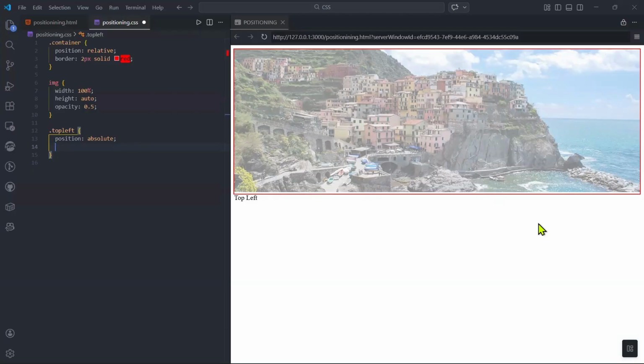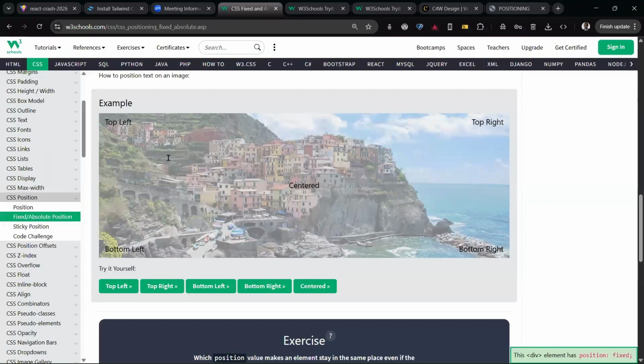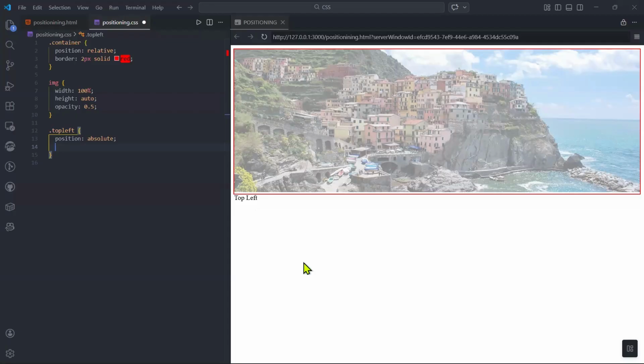Bottom? It's already at the bottom. So if you see bottom, where, bottom here, bottom left, bottom right, top left. Because when you look at this, I was giving an example like this. You see top left is there, top right, center, bottom left, bottom right. So you have to decide where you want this to be. So since the name is top left, we can make it top left,